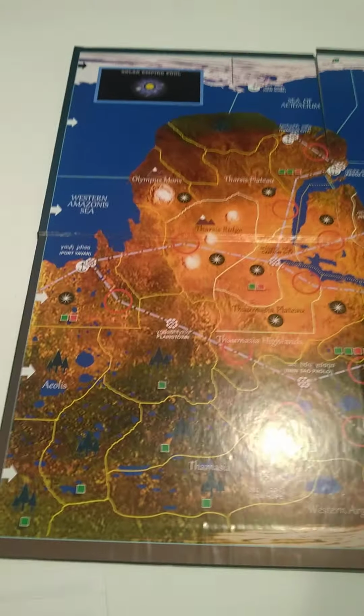Up here we have the northern polar ice cap, and we have one major global continent. So when you go off the edge of the board here, you arrive here, and vice versa. You see here the still desert, dry areas that haven't fully become covered with vegetation. Other areas which are more tropical have vegetation, and in the northern areas you have the features